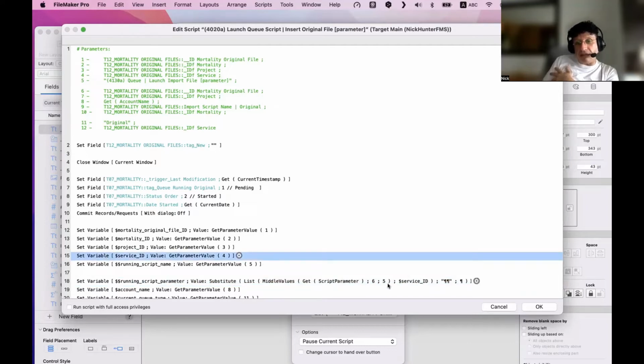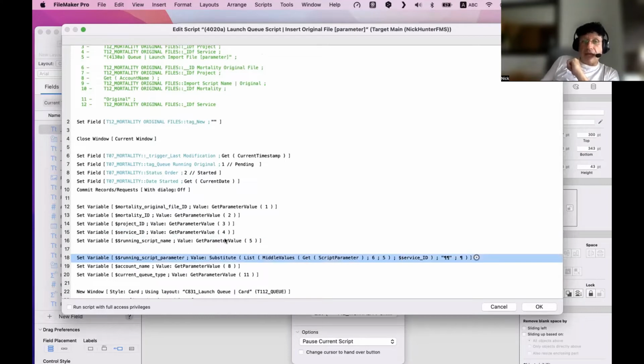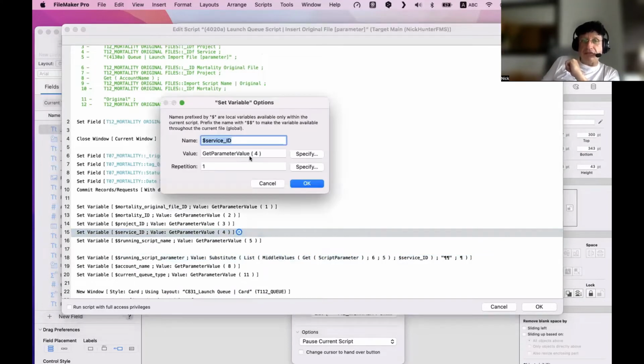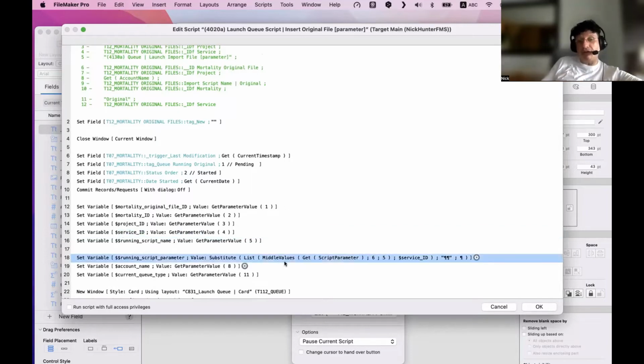Because why did I do this? Because I don't want to say get parameter value 4. No, because if I change this, then this is broken. Now, if I said this is now value 5, for example, it's not broken because this variable will be there, right? So how am I doing this? This is important. This is interesting.